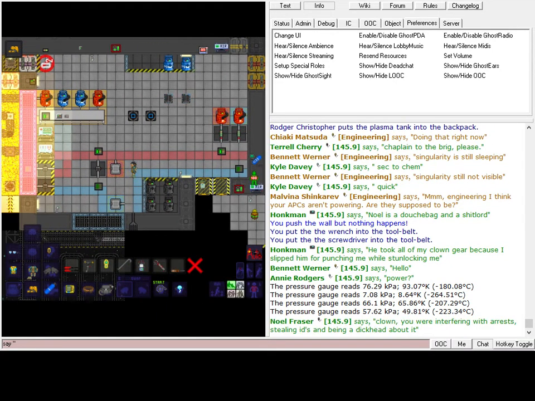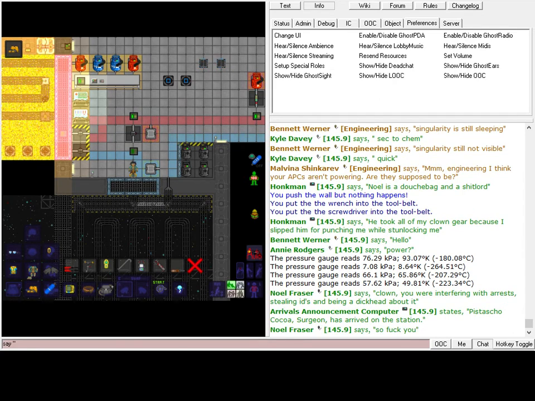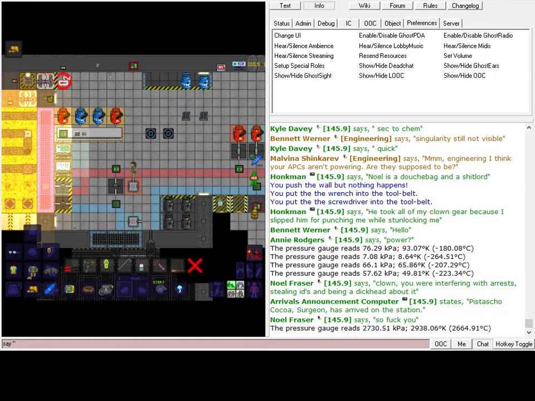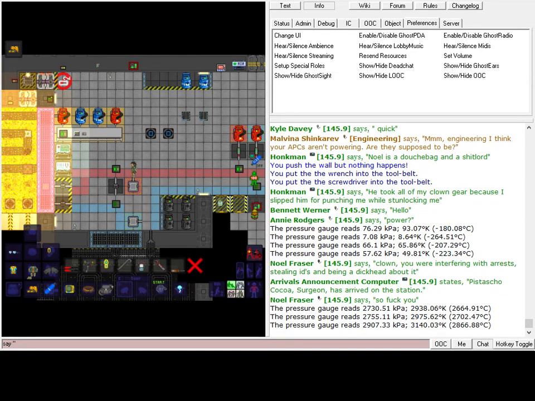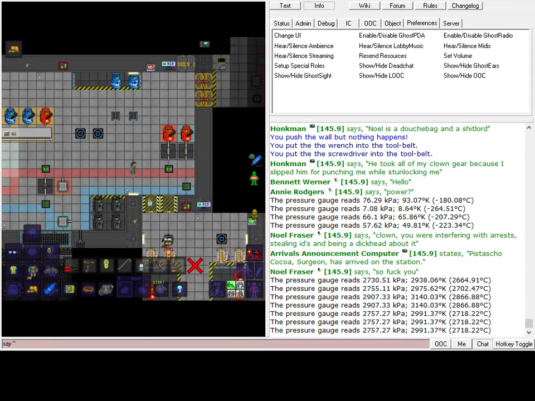Cold loops go into space through heat exchange pipes. That's how you cool gases, quickly at least. This thing's heating up. Gases are expanding. We're at a fair amount. And the last step to getting power